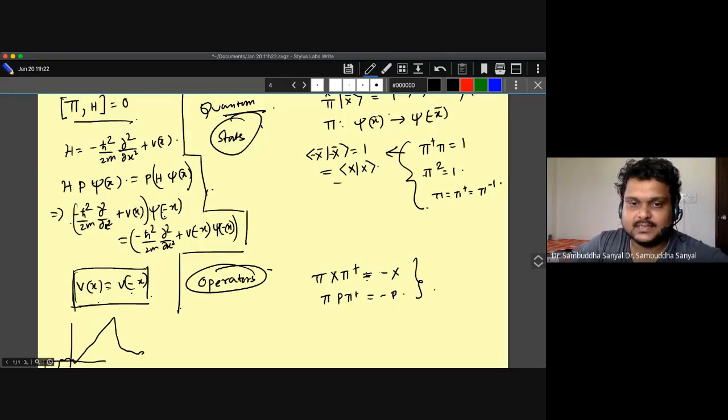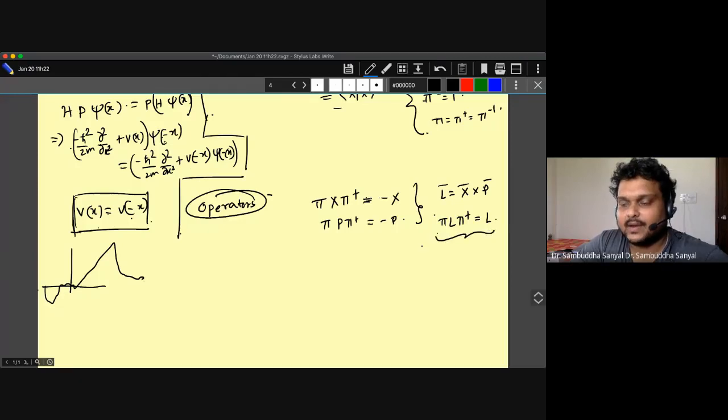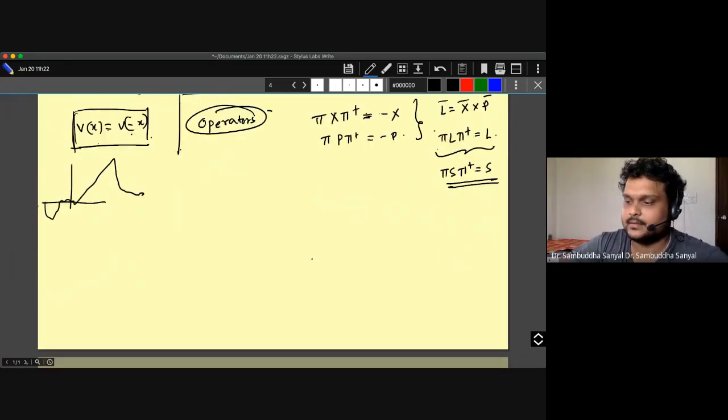So this means these two anti-commute. They will anti-commute, pi and x and pi and p. But we also know from here, since L is x cross p, L is angular momentum, then we can expect that it must be pi L pi dagger equals L. From there we can infer that since p and all these angular momentum type operators have the same algebra and same property as L, this must be also like this. Some comment?